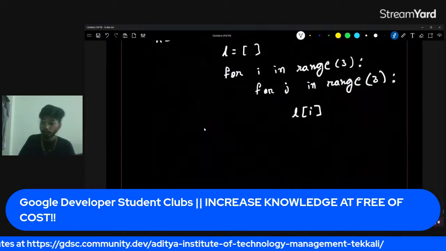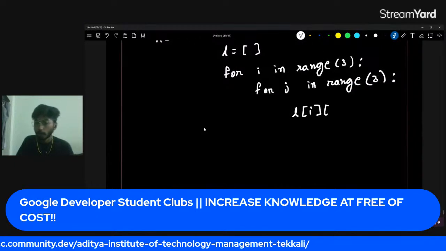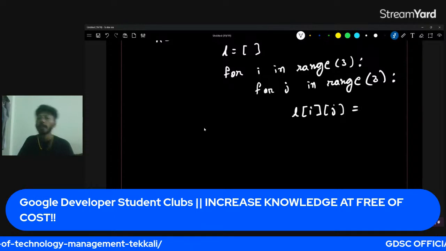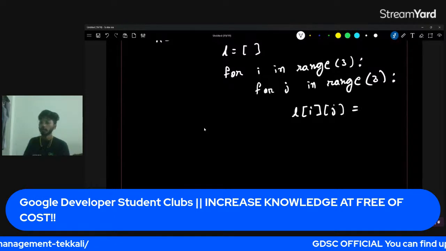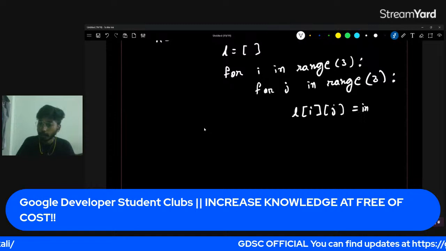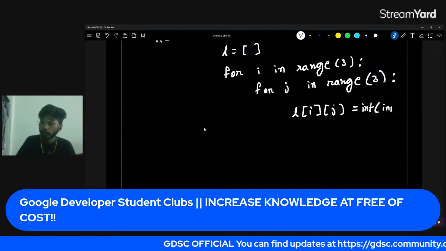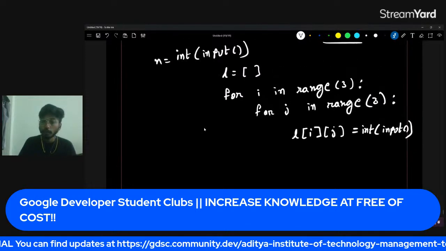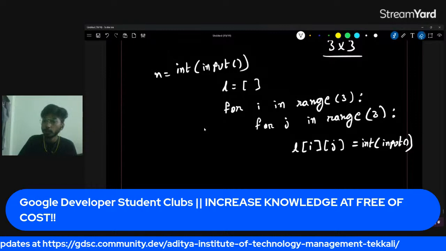Okay. Now L of j equals whatever the element you want to insert. You will write that thing as int of input. That means you are taking input dynamically and placing the values in the list. So here what you will do is,